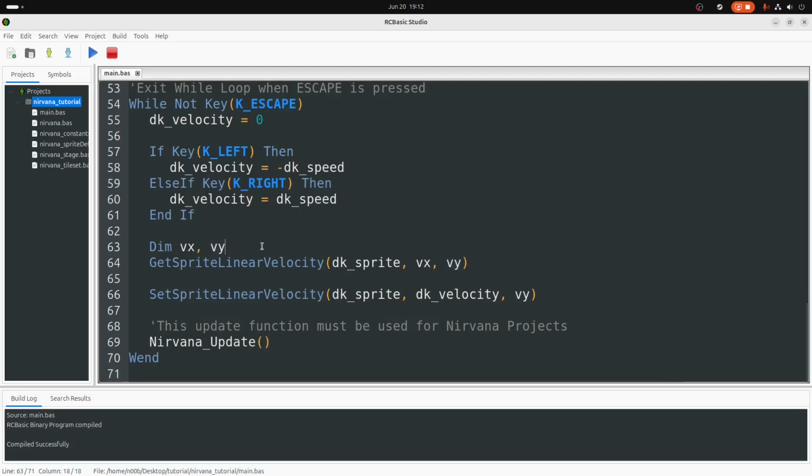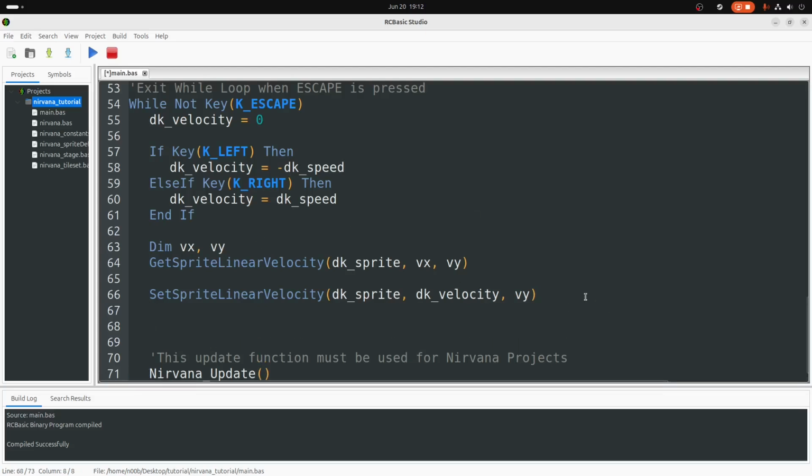Yeah, this is actually probably beyond the scope of this tutorial, because this is starting to become less a tutorial about Nirvana and more a tutorial about physics, which I didn't want it to be. So let's go ahead and just add a quick, we're gonna add a jump real quick. So we'll say if